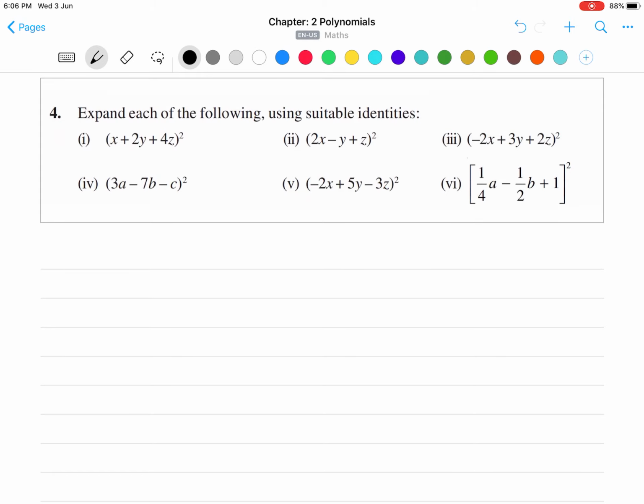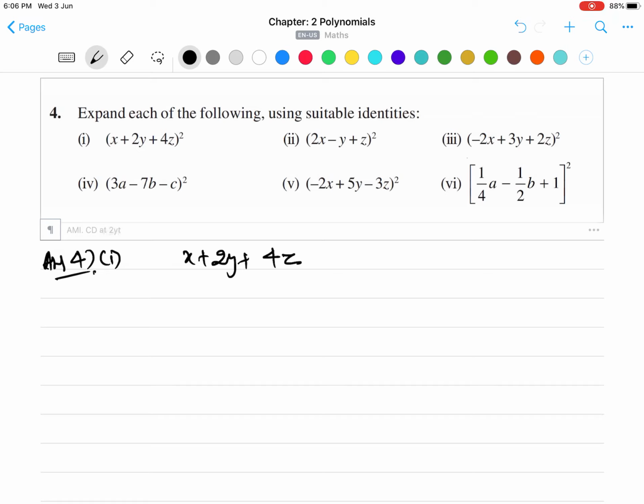Come to question number 4. You are asked to expand each of the following using suitable identity. Expand each of the following using suitable identity. We have answer number 4. Okay, part 1, we have x plus 2y plus 4z whole square. Okay, which identity can be used here? We can use the identity, right,